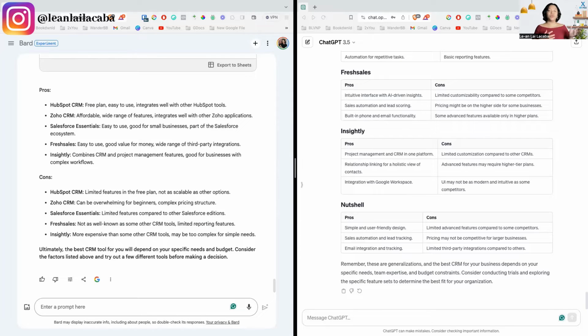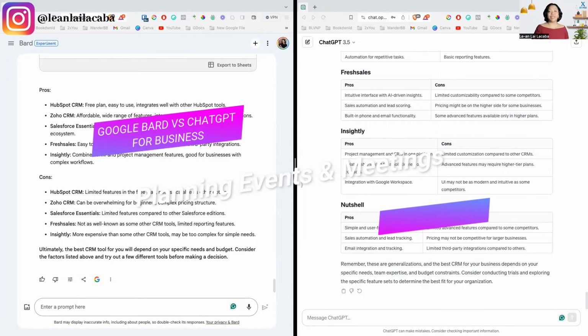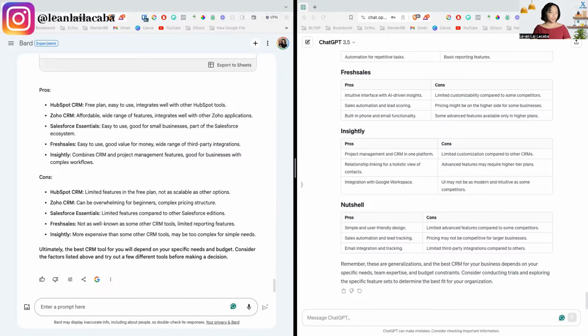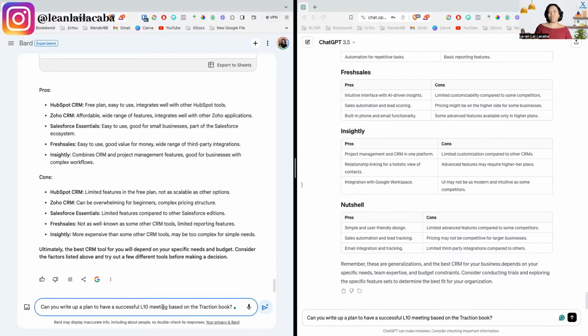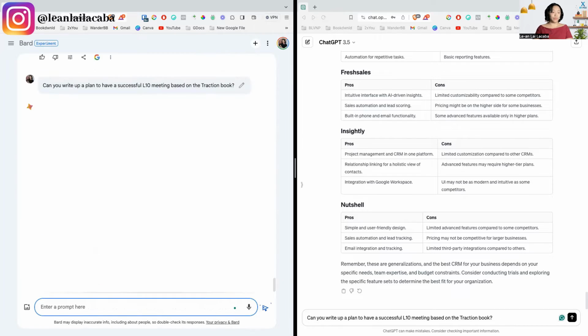Next is, of course, you can use either AI when it comes to planning events and meetings. So for example, I'll just put here, can you write up a plan of a successful L10 meeting based on the Traction book? So here I even put in a reference of the kind of meeting that I want. So you can do this with almost anything. Of course, when it comes to onboarding meetings, or meetings with difficult conversations, like when you need to give someone feedback, you can ask both ChatGPT and Bard how to deliver on that. So let me